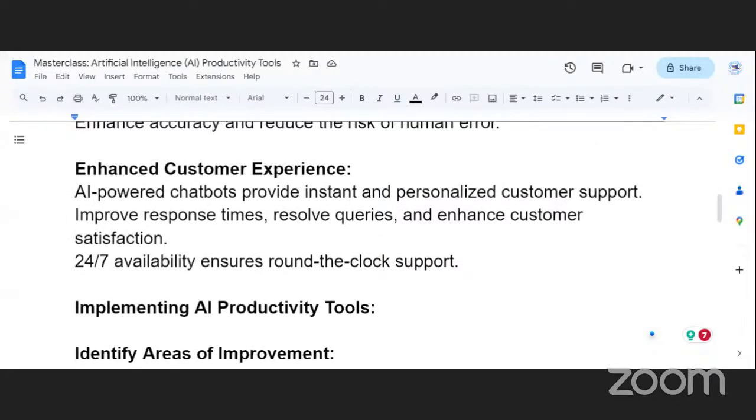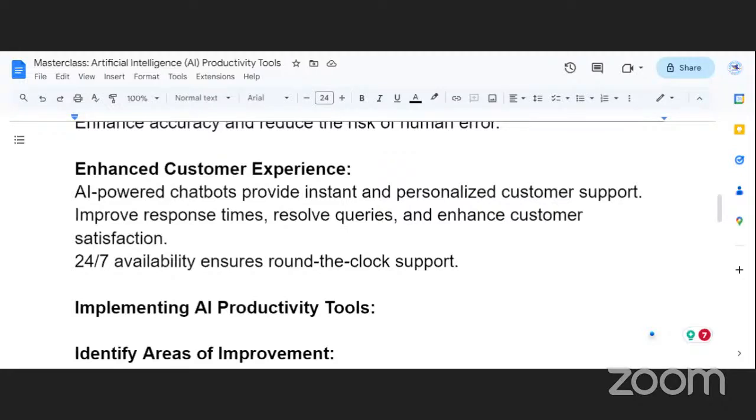Another thing is enhancing customer experience. For instance, if you use artificial intelligence to automate certain tasks, like if you work for an organization that receives requests and stuff like that, you can make an artificial intelligence tool to provide quick responses. Like some of you probably, when you go to some websites, before you connect to a real human being in that particular company, you will first chat with a bot, you see? So that bot is an artificial intelligence tool.